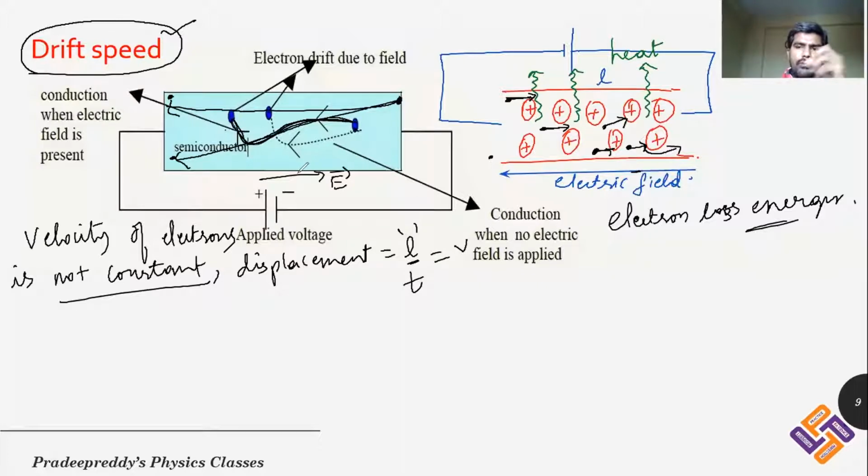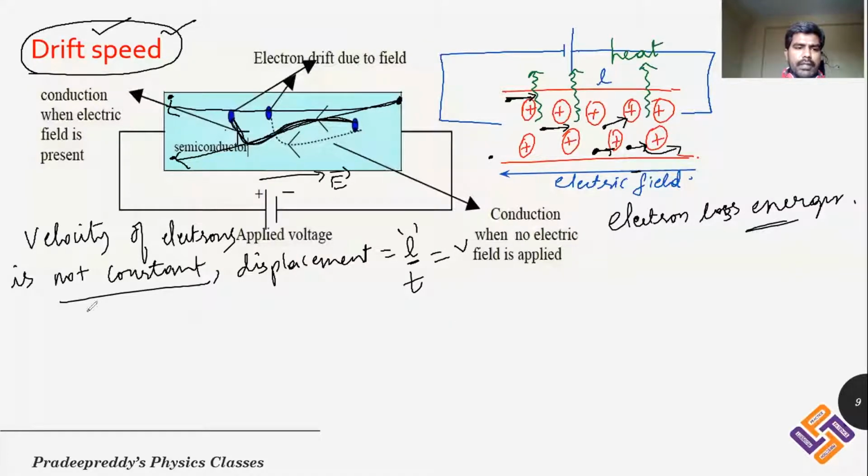The electric field is carrying or forcing the electric charge to move in a specific direction, resulting in some average speed, and that is called the drift speed of the electrons. However, calculation of drift speed is beyond your 10th standard. In intermediate, you will still be learning in depth about drift speed, but for the time being, just remember that as electrons do not have a constant speed, you will be taking an average speed, which is called drift speed. Now we need to derive an equation for drift speed, right?